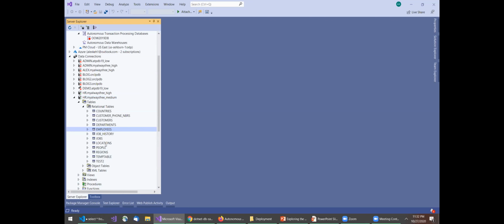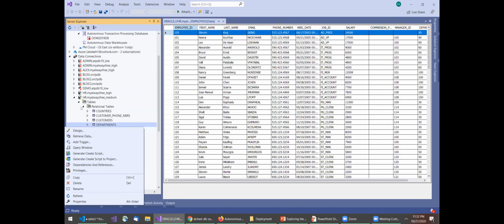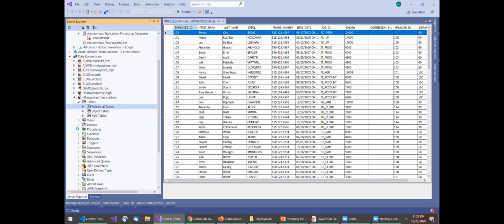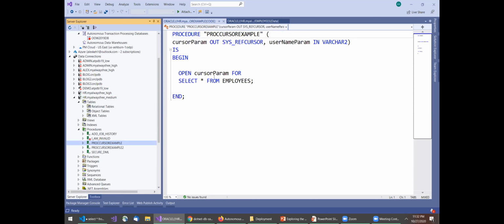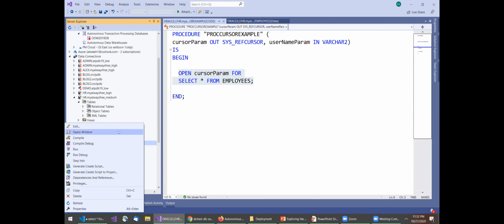So I can do things like retrieve the data. We'll pull down all the rows, and if you've used the tools before, basically anything you need from the tools we'll be able to do. You can design the table if you want. We can run stored procedures, for example. So let's take a look at this. You get some nice color coding. I've double clicked on it so you can see the keywords are in blue. And what this does is it outputs a ref cursor. We just do a select star from employees and open the cursor. So it's a very simple stored procedure just to show you what it does, and then we could run this,